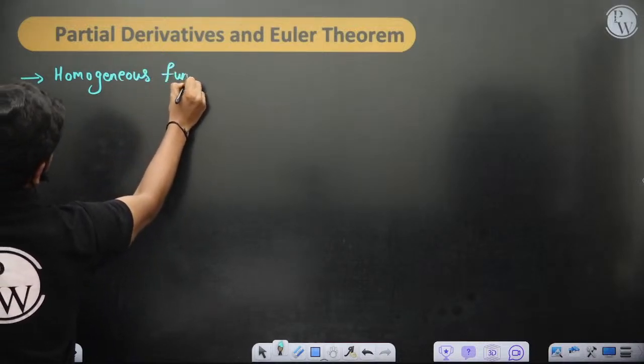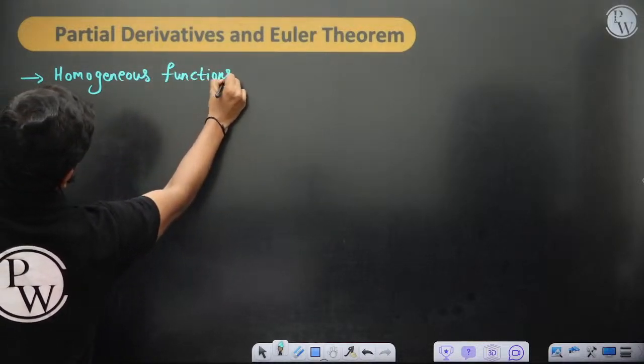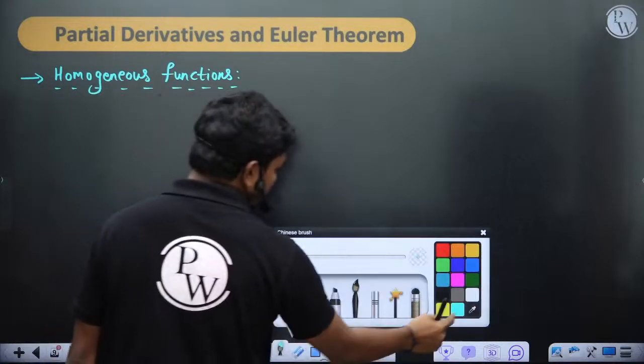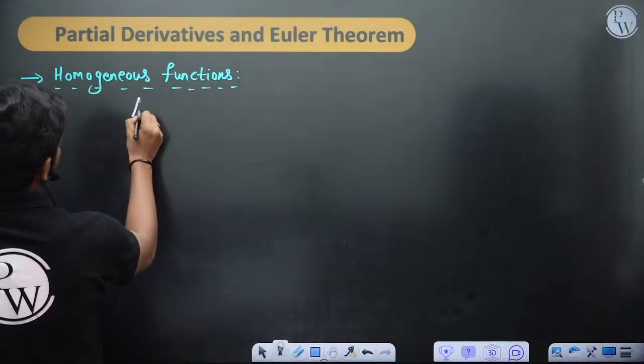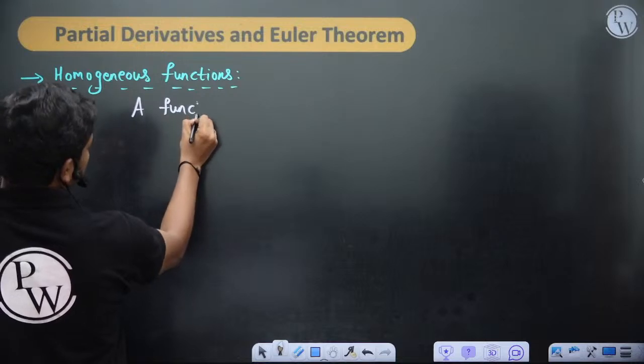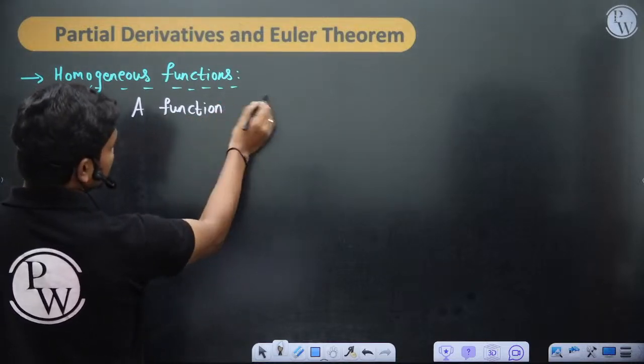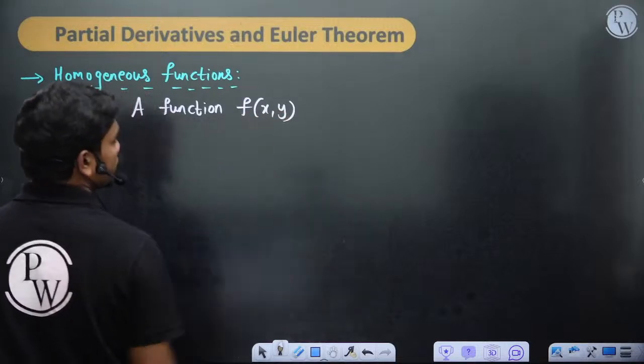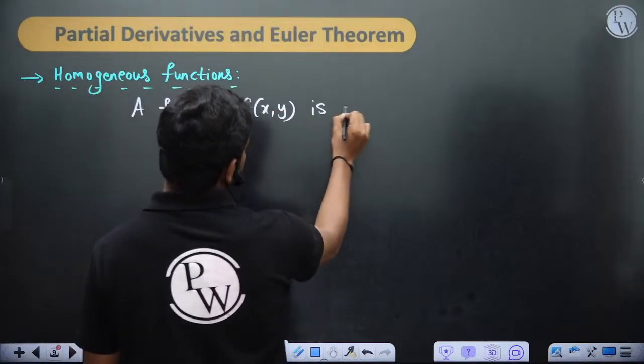Homogeneous functions. Okay. Homogeneous functions actually. So what is a homogeneous function actually? A function f of x comma y in general, or in general of any variables, but let's say if we are dealing in 3 variables, so a function f of x comma y is said to be homogeneous,